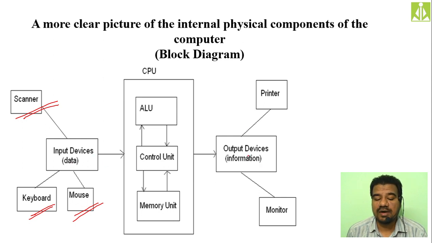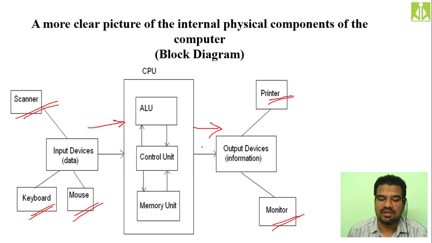And then output devices, yes, we are having printer, we are having monitor, and they are also connected to the computer. And this is our CPU. And the arrow marks, if you see, from input devices towards the CPU we are having, and from CPU towards the output devices we are having. So generally the data flow from the input devices towards the CPU will be in this direction, and from the CPU to the output devices, the data flow will be in this direction. That's the reason we have pointed the arrow marks in this way.